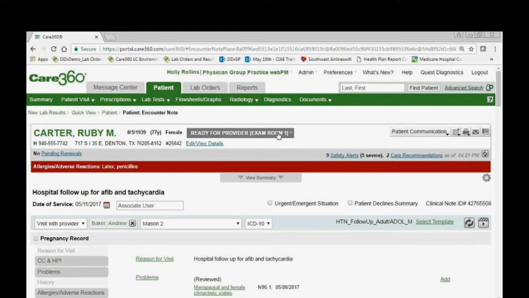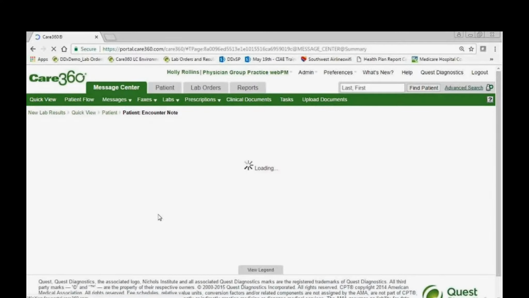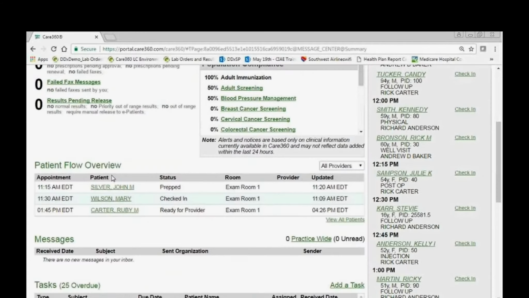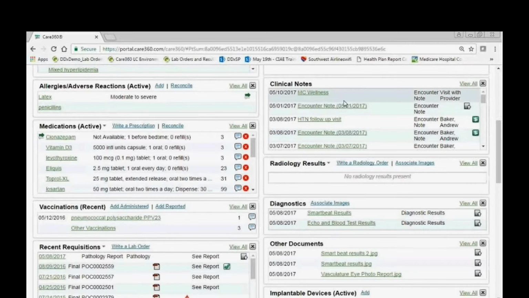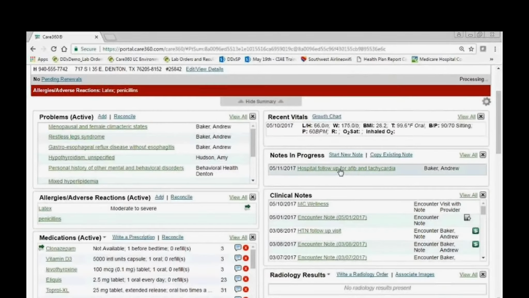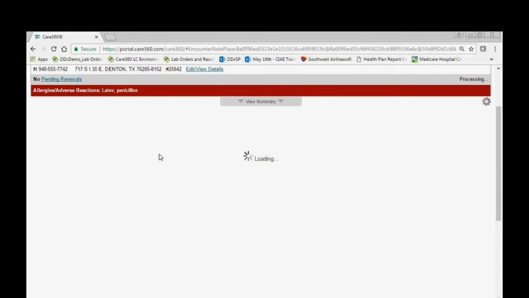So Dr. Rollins is ready to see the patient. He is coming in and he's going to see in the home screen that his patient, Ruby Carter, is ready for him in exam room 1. Go ahead and click on this. And we'll get started with